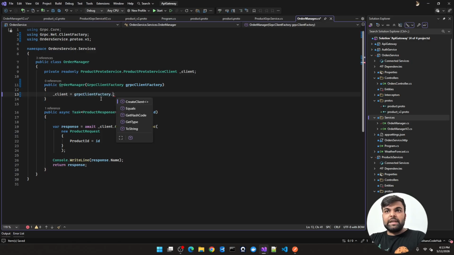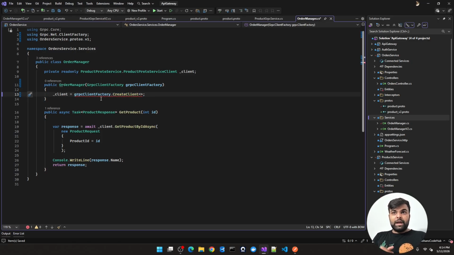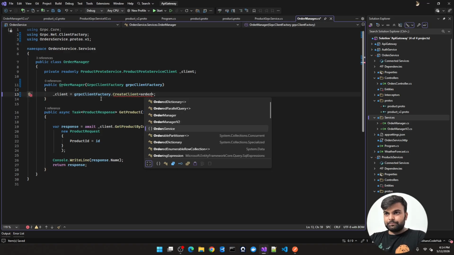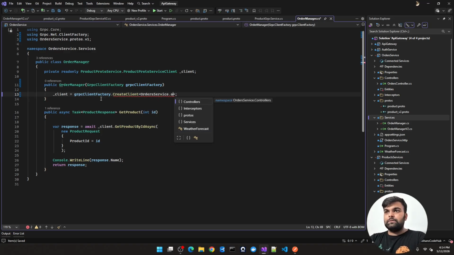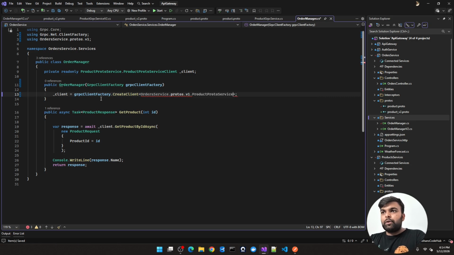So, gRPC client factory. I will create a client, and in this client you have to register this as well. So what I will do here: it is in the order services, order service dot protos, right now we are working in the v1 dot get product proto service dot product proto service client.